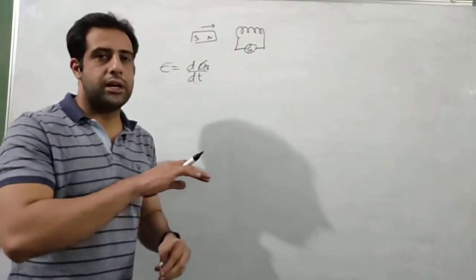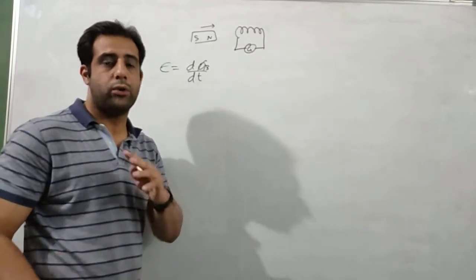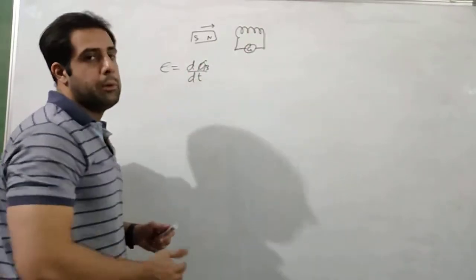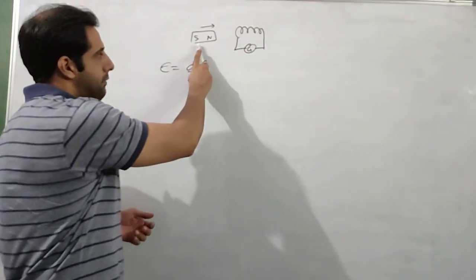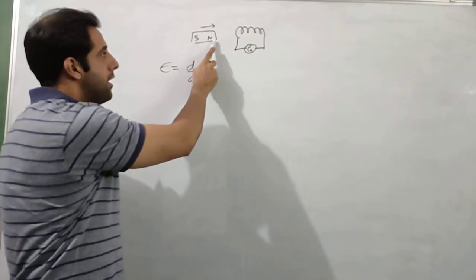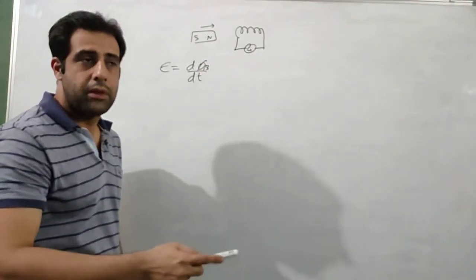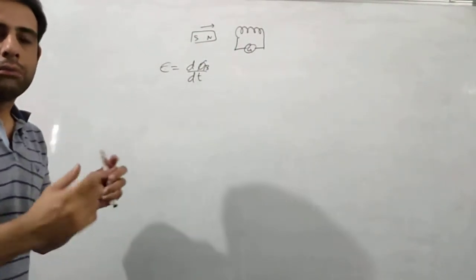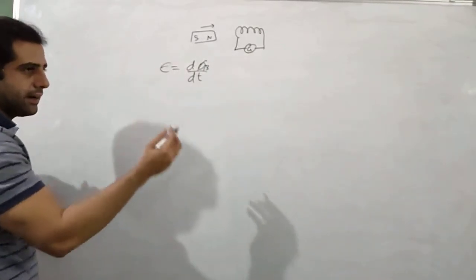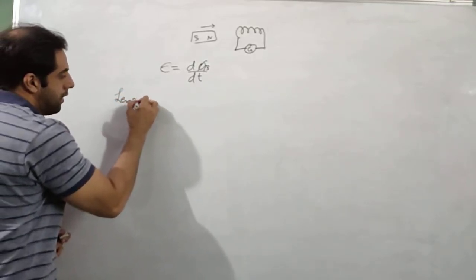So till now we have studied induced current and induced EMF, but only their magnitudes. We do not know anything about their direction. In which direction will the current be produced? We know that when the magnet moves towards the coil, current will be induced. When it moves away from the coil, again the current will be induced, but in the reverse direction. But what is making this current reverse its direction? What is the reason? This reason and the direction of induced EMF and current is given by a law called